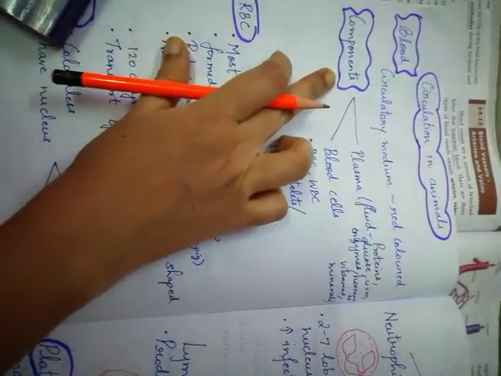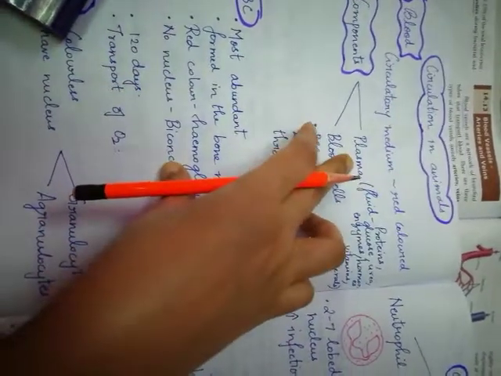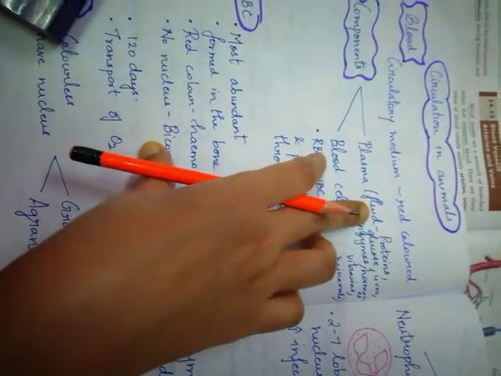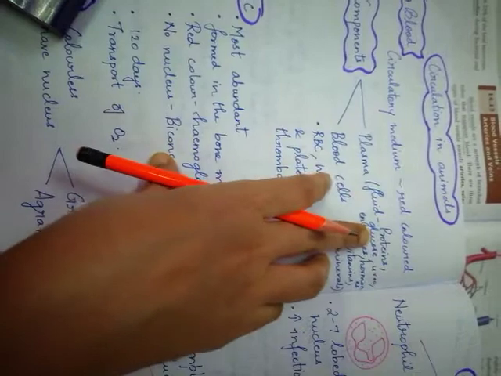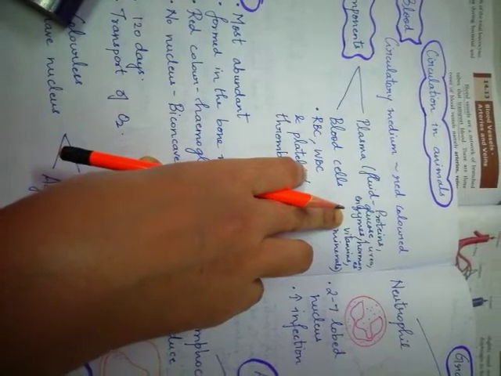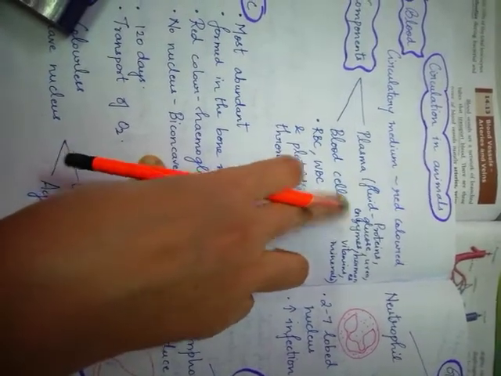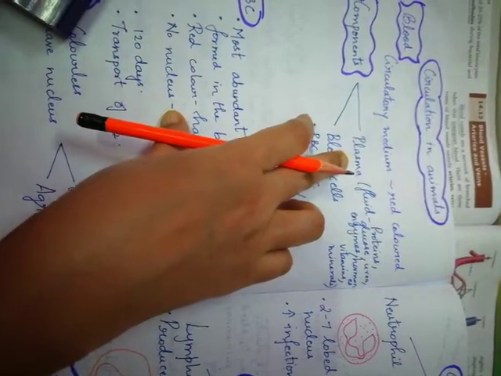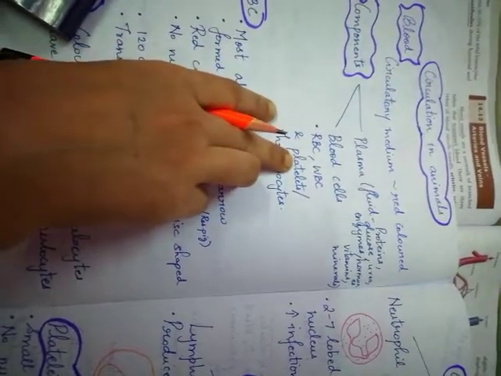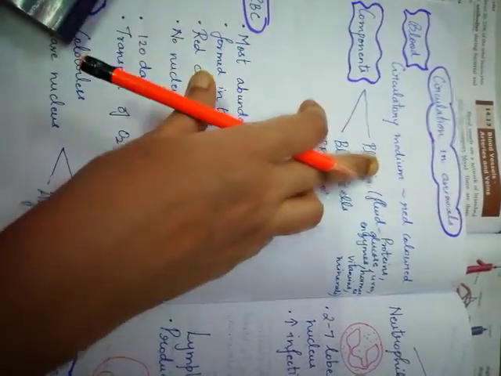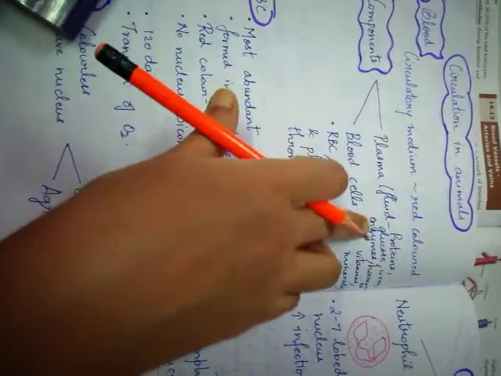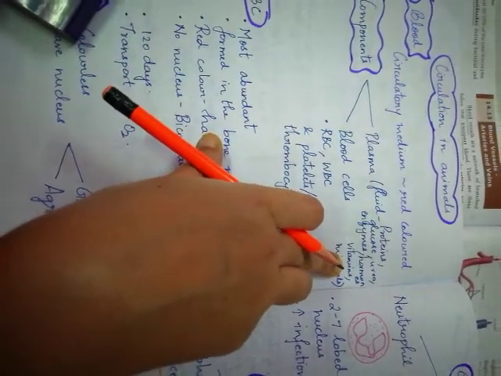So what are the components that are present in the blood? That is plasma and blood cells. Plasma is the fluid in the blood. That fluid contains certain products like proteins, glucose, urea, enzymes, hormones, vitamins, minerals. All these products are transported and present in the plasma. And other than plasma, there are certain blood cells which are present in the blood. So you have two components in the blood, that is the fluid plasma and the blood cells. Okay, so in fluid plasma you have certain products like proteins, glucose and all present in it.